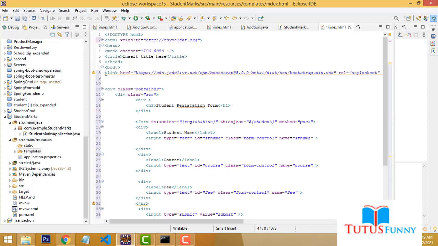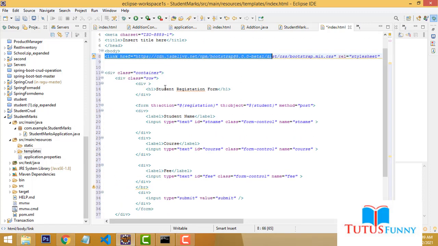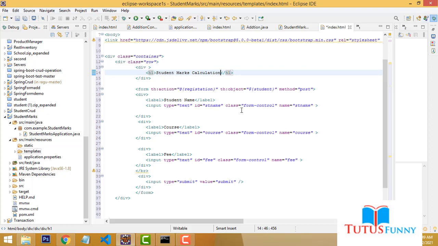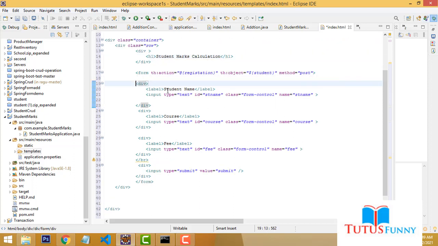Now here this is the Bootstrap link. Here I have changed the heading to student marks calculation. Now we have fields. First this should be marks 1.